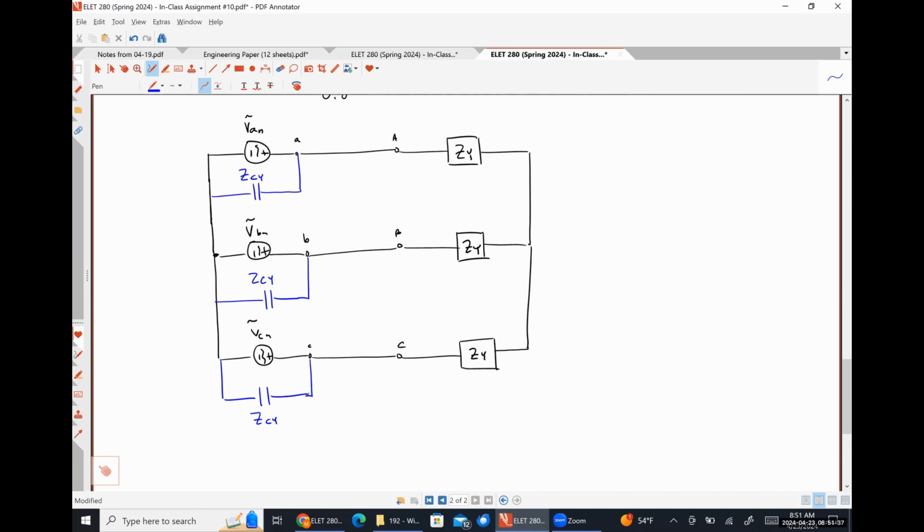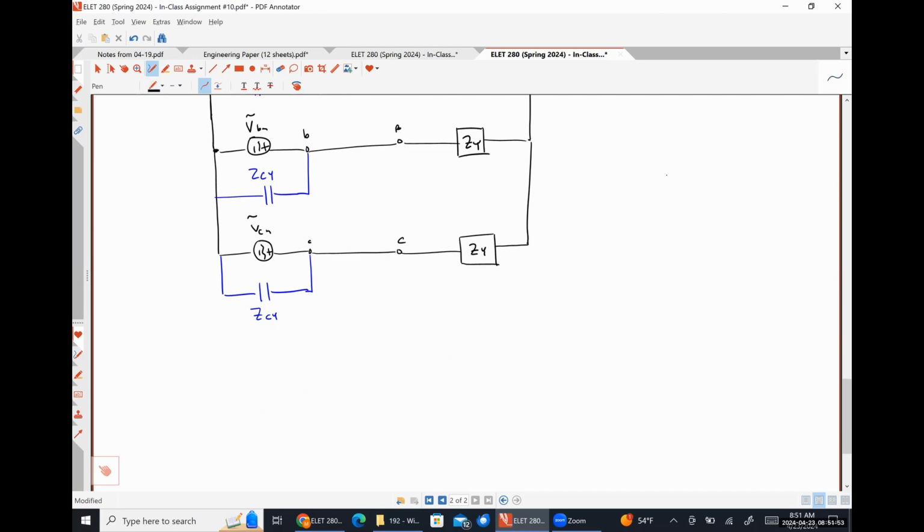And this is that same ZCY. So what's the voltage drop across my capacitor? Yeah, absolutely. right? So I would argue for part A here that the